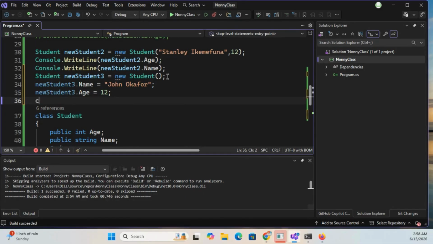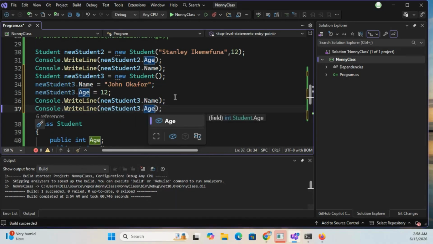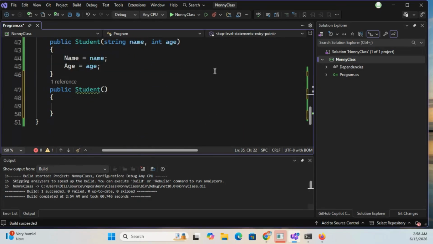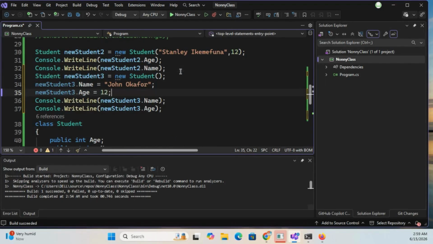You can come here and print to the console Console.WriteLine new student 3 dot name, and duplicate it and say new student 3 dot age. So now we have a default constructor and also a parameterized constructor in this class Student. The second student is with a parameter, while the third student is without a parameter, an empty student. If I run this application,